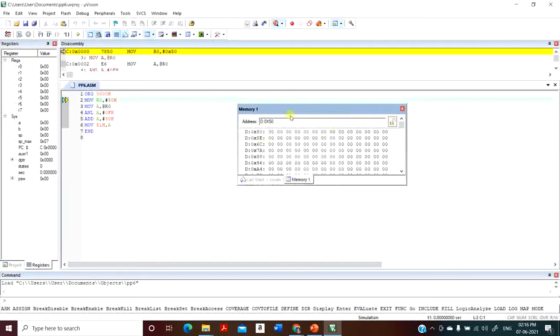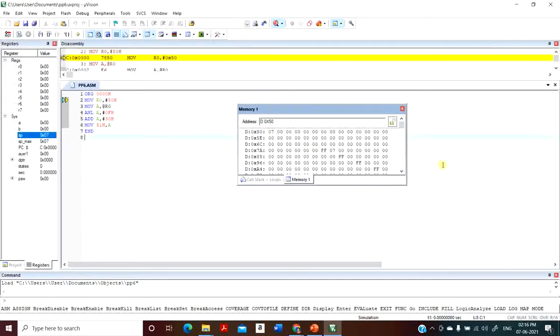Okay, so here I am considering the memory location 50H, wherein the first content that I will store is 07. Now this 07 is a number that lies between 0 and 9, and my result is supposed to be stored in 51H. So let me do the step-by-step execution.